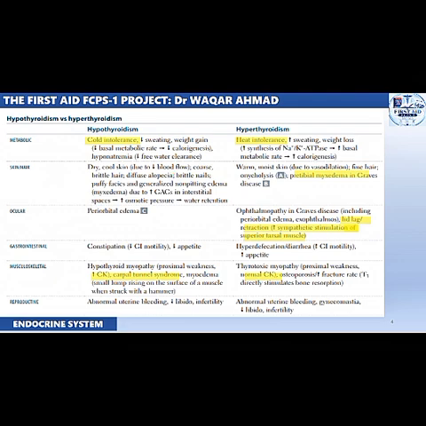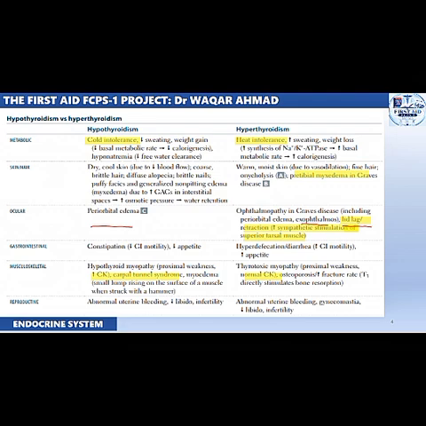Also remember that hypothyroidism is associated with coarse, brittle hair, whereas in hyperthyroidism we have fine hair. In hypothyroidism we have generalized non-pitting edema and puffy faces, whereas in hyperthyroidism we just have pretibial myxedema, especially in Graves' disease. Now comparing the ocular changes, in hypothyroidism we have periorbital edema, whereas in hyperthyroidism we can have periorbital edema, but in addition to it we have exophthalmos, that is protrusion of the eyeball, and a lid